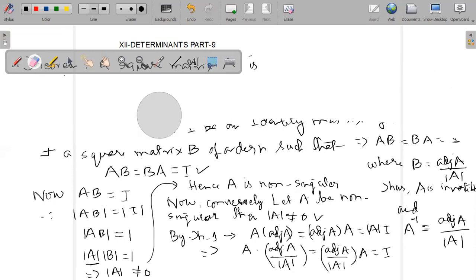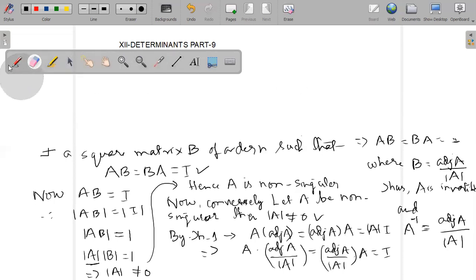Before, we found the inverse by using elementary transformation, now we are using this one. And properties of inverse we have already seen. Again, see the properties